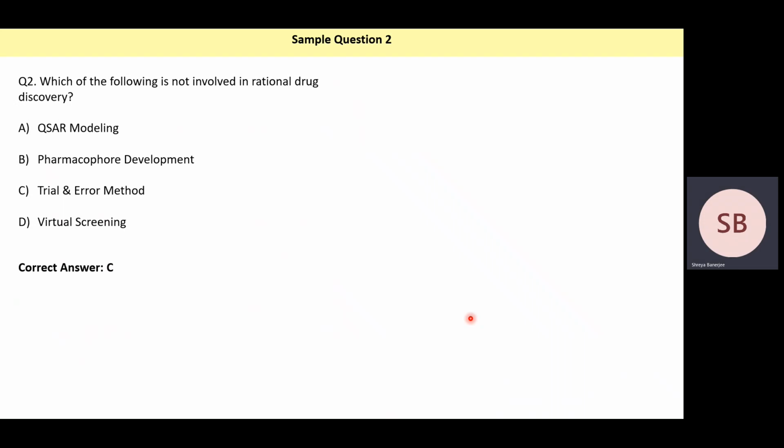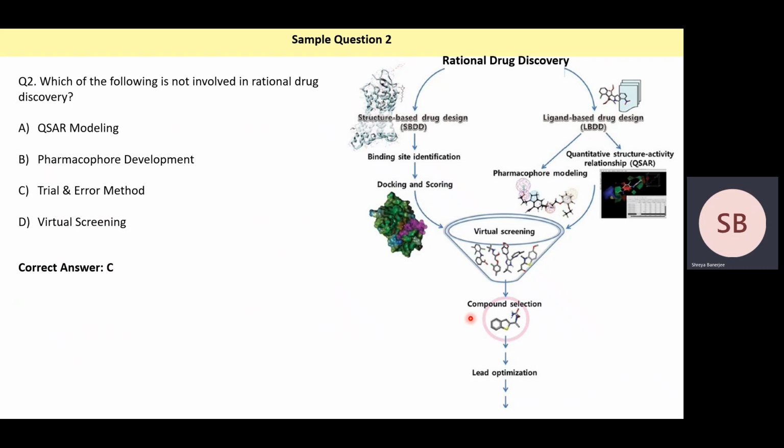So the answer is C, trial and error method. Like we saw in the previous slide, trial and error is a method of traditional drug discovery. In rational drug discovery, you have two types of approaches: structure-based drug design, or SBDD, or ligand-based drug design, or LBDD. In structure-based drug design, the binding site is identified, and then docking is done in order to